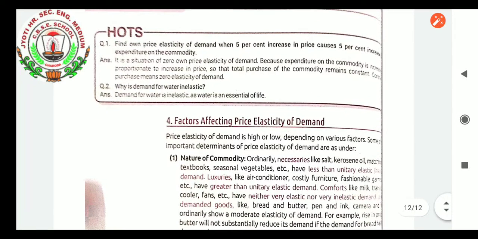Why is demand for water inelastic? Definitely, students, it cannot be replaced by anything. Any cold drink, any juice cannot replace the need for water. Demand for water is inelastic. I think now the word inelastic is very clear. Nothing can take its place, like salt and sugar. Okay, sugar can be replaced, honey can replace sugar, but in place of salt, nothing can be used. So these things are inelastic. Their place cannot be taken by anything, and each alone fulfils the need. So that is essential for life. For the same reason, water is inelastic.